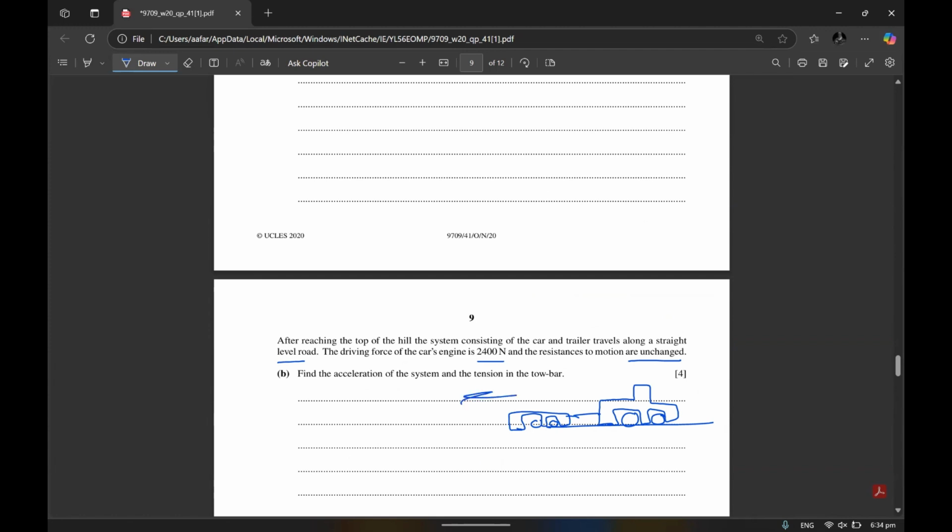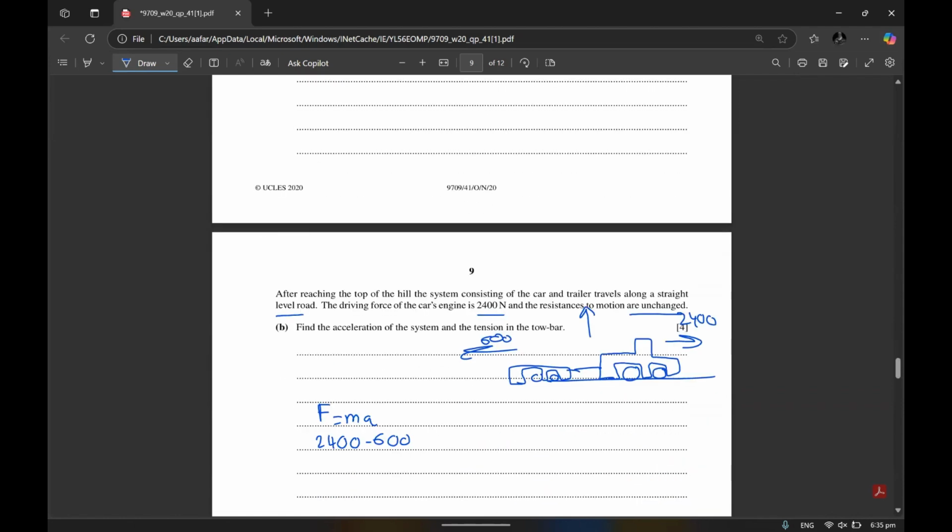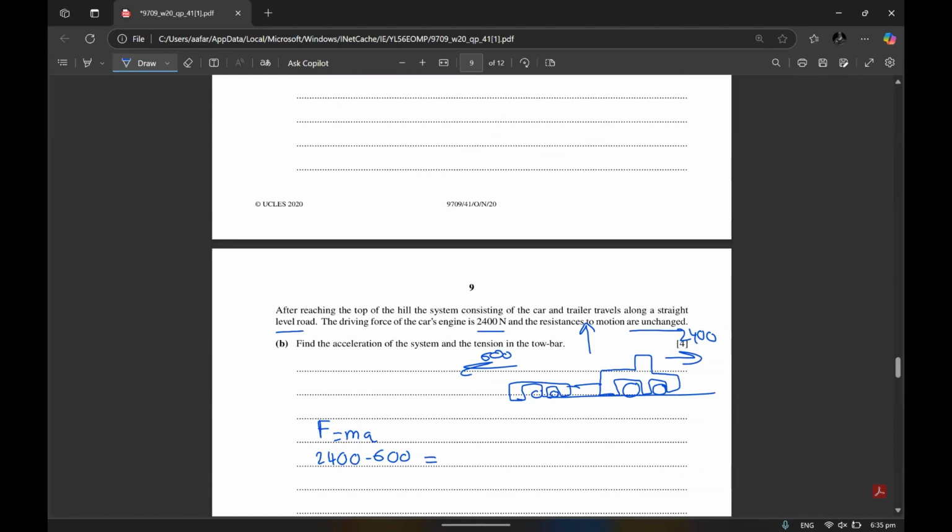So now we know that the total resistance is 600, 400 plus 200. The driving force is 2400. F is equal to ma, so 2400 minus 600. Since there is no weight component, the resulting force will be acting upwards, not inclined. Its full mass is 2250, times a. So we get the acceleration is